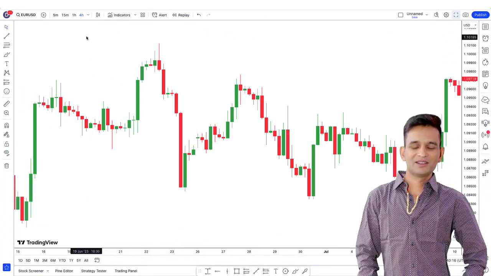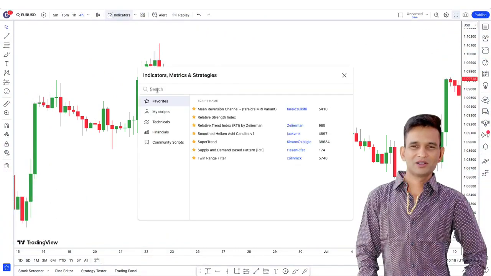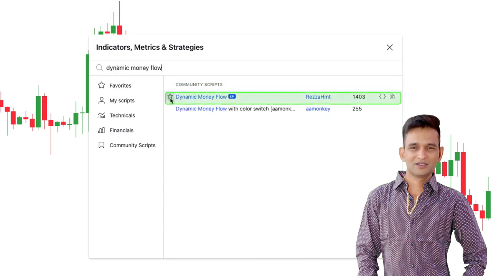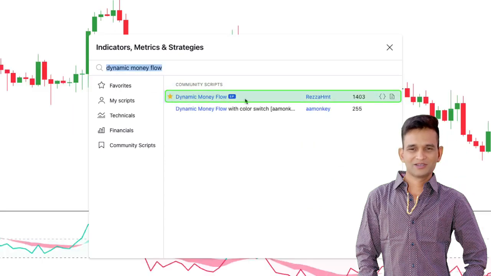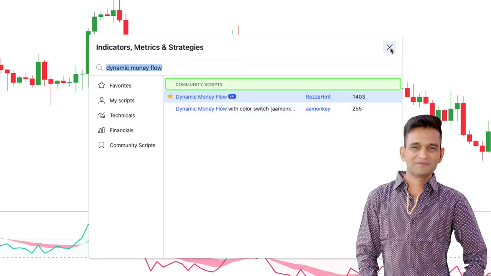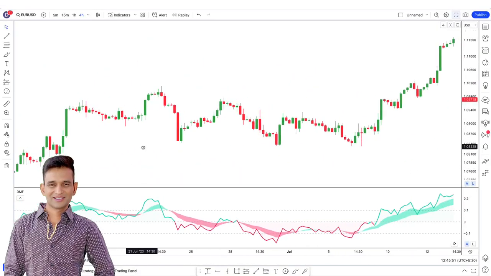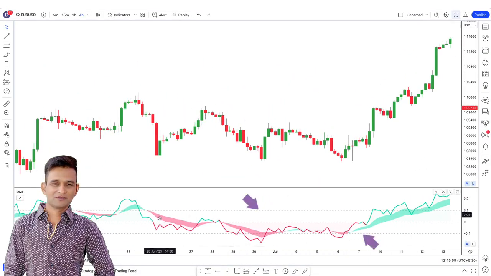To add this amazing indicator to our chart, here we click on the Indicators tab and we search Dynamic Money Flow. This one, which is an editor's picks indicator and written by someone named Reza HMT, if I'm pronouncing the name correctly. Alright, this is the indicator. And as you can see, it's in the form of an oscillator that is moving above and below the center